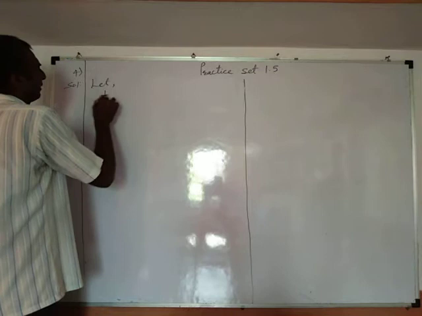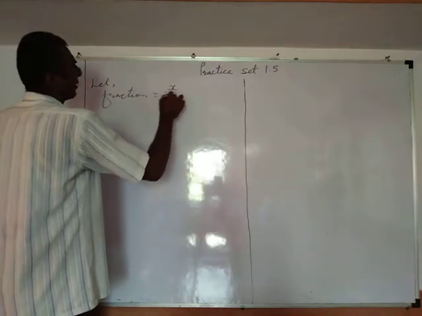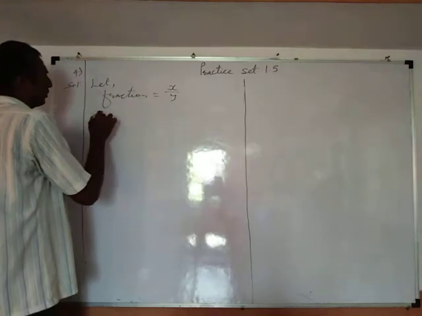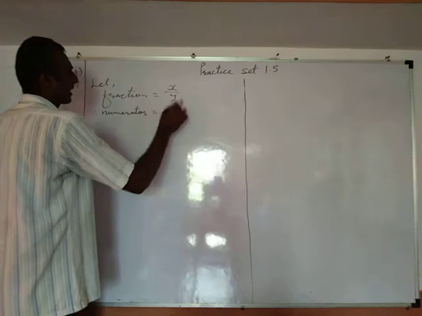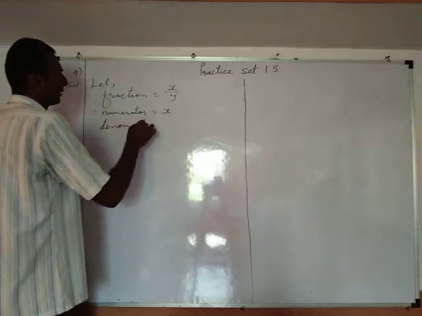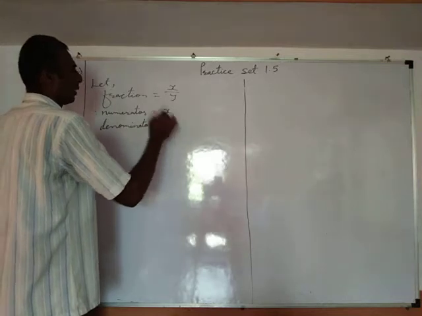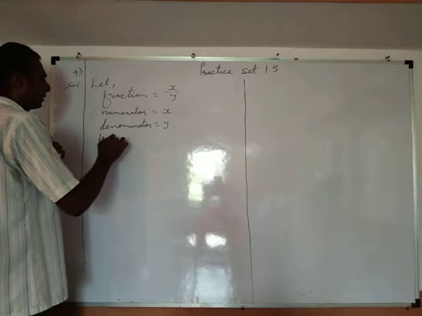Let fraction equals x upon y, and therefore its numerator equals x and denominator equals y. And therefore from first condition,